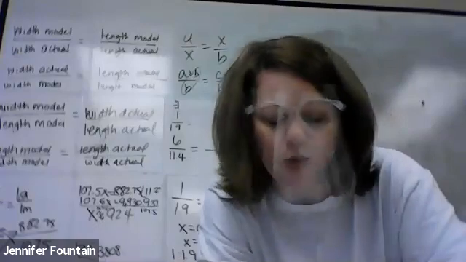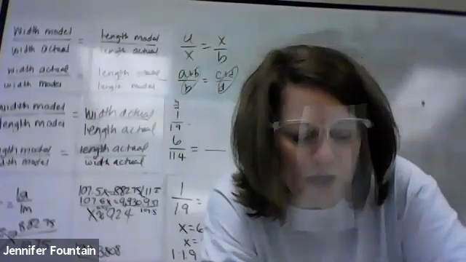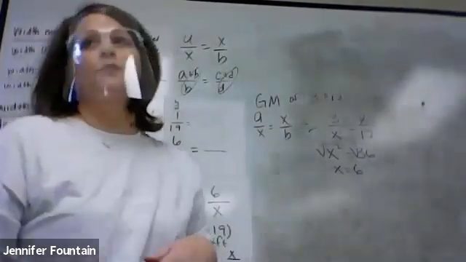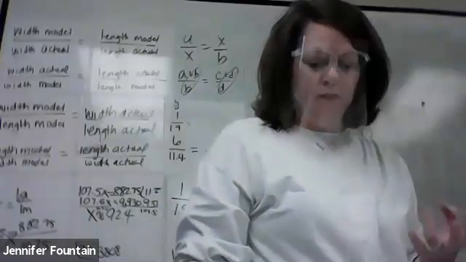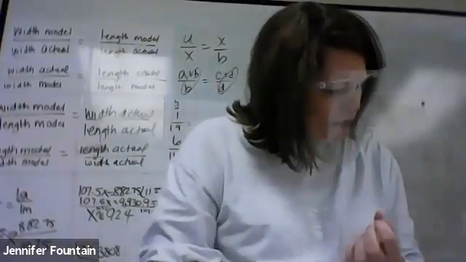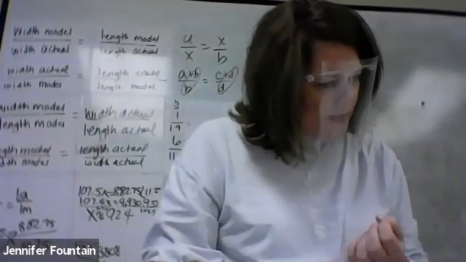Numbers 13 and 15, you're deciding true or false. Numbers 17, 19, and 21, geometric mean. So you're going to need to know that A over X is equal to X over B. Plug in what you know and solve. Find the geometric mean. And then we've got